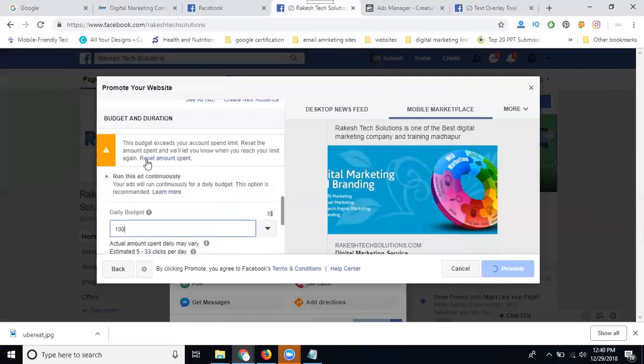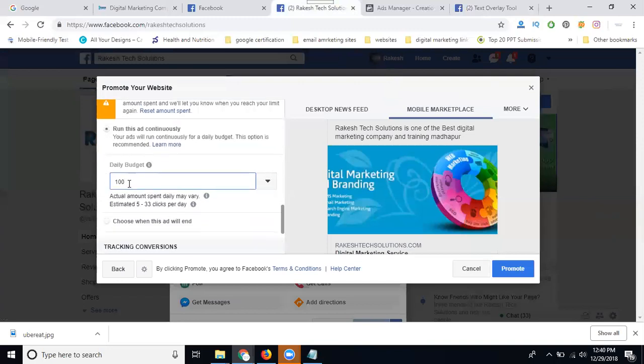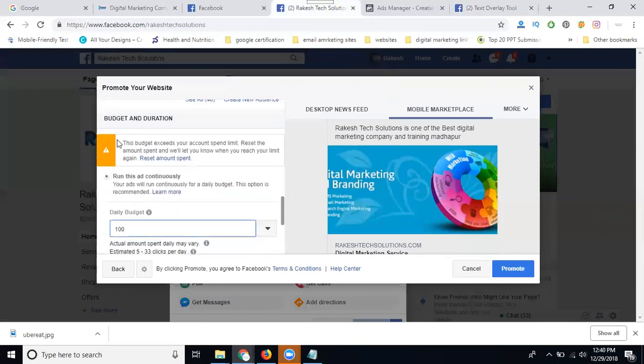So we can see the exclamation mark here. Why are they showing the exclamation mark? When adding 100 rupees, I have only 50 rupees in my prepaid balance. So the remaining 50 will be pending. That is called budget exceeding your account spend limit.